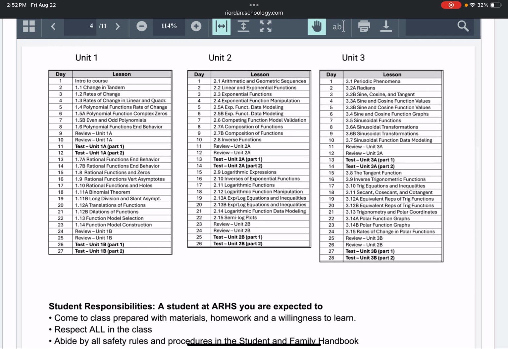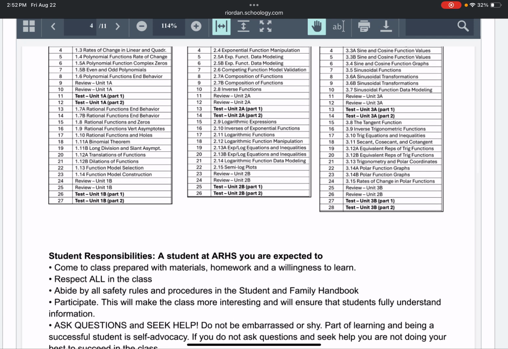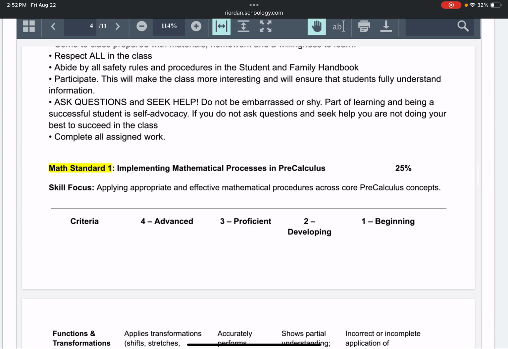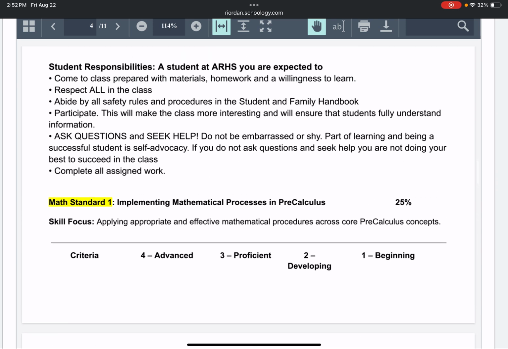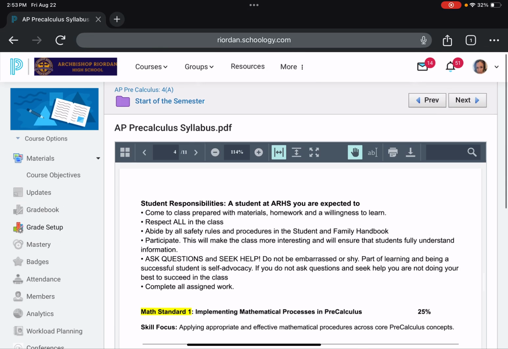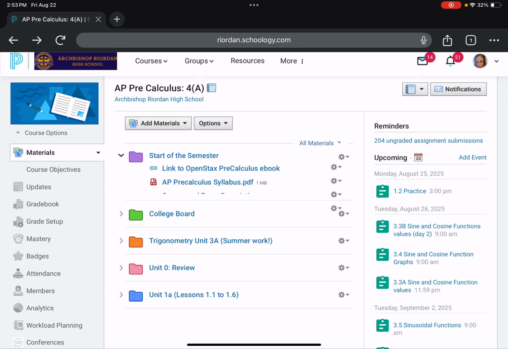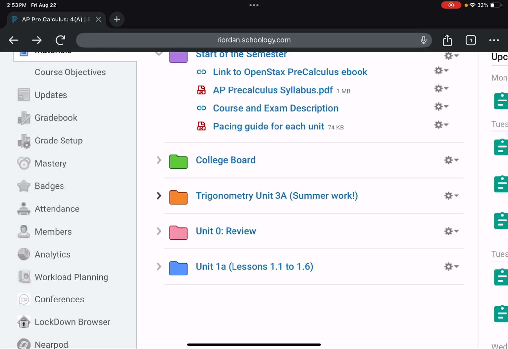This is another breakdown of our units and the standards by which they are graded. There are 4 math standards by which they are graded. So let me see if there's anything else in the other folder that I would like to cover. There was